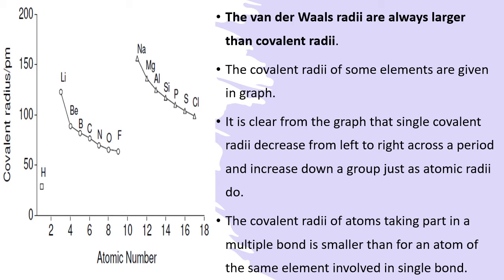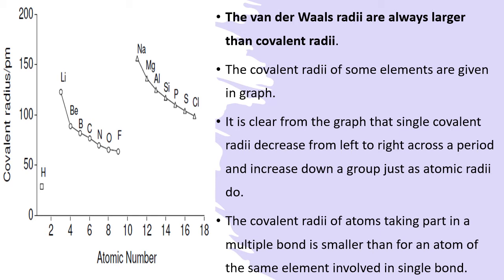Now I will give you an idea. So when a single bond is formed, now they will go for the double bond depending upon the number of electrons available. So when they go for a double bond, they have to approach more. When they approach very close to go for the extra bond, the distance is less. So that's why more the number of bonds means a closer approach for the bonding, less is the bond length.